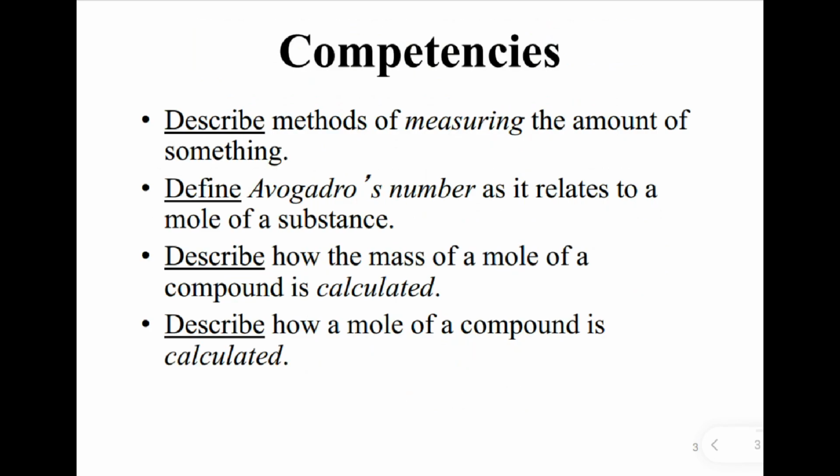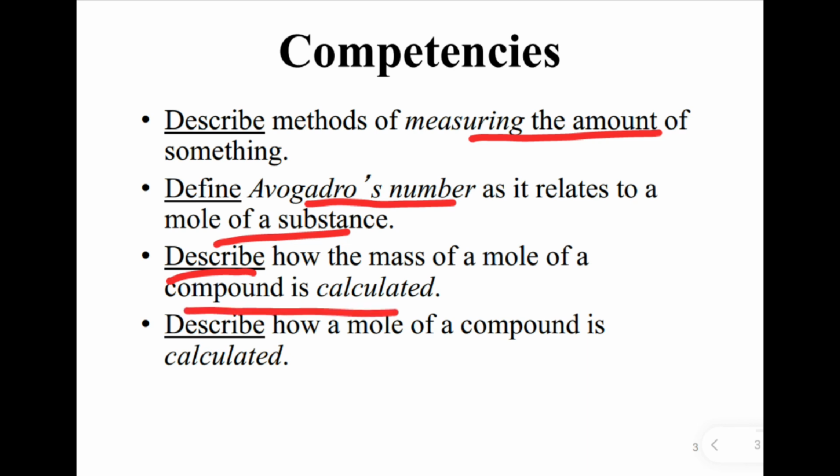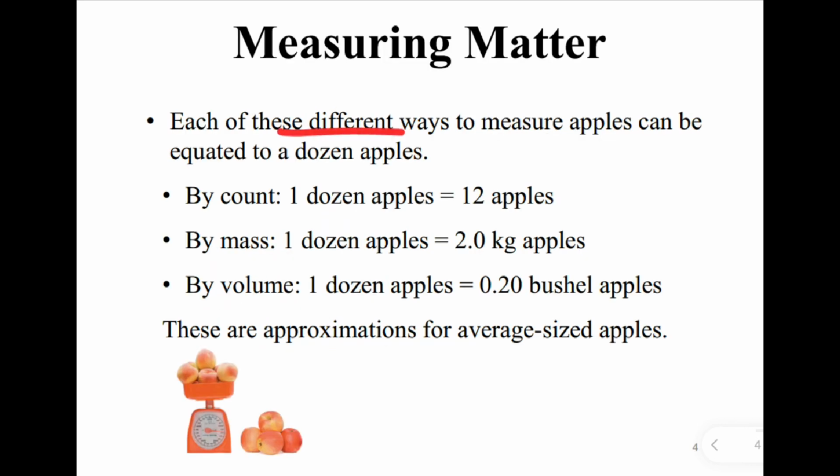So in today's lesson we'll describe methods of measuring the amount of something, meaning የአንድን ነገር መጠን የመለኪያ ዘዴዎችን ወይም የአንድን ማተር የመለኪያ ዘዴዎችን እንገልጻለን ማለት ነው። Define Avogadro's number as it relates to the mole of a substance. የአቮጋድሮን ቁጥር ከአንድ ሞለኪውል ሰብስታንስ ጋር እንደሚገናኝ እንገልጻለን ማለት ነው። Describe how the mass of a mole of a compound is calculated. የአንድ ውህድ የሞል ብዛት እንዴት ካልኩሌት እንደሚደረግ ወይም እንደሚሰላ እናያለን።